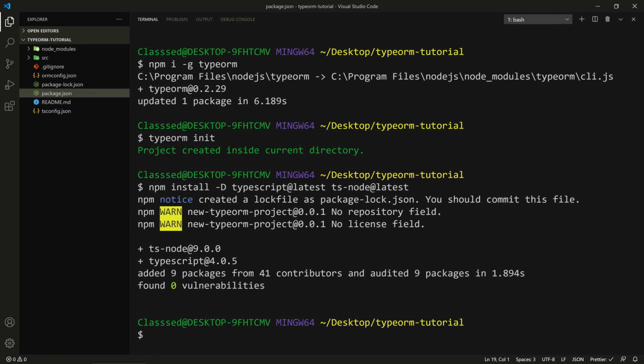And now I'm going to say npm install to install the rest. And while they install,